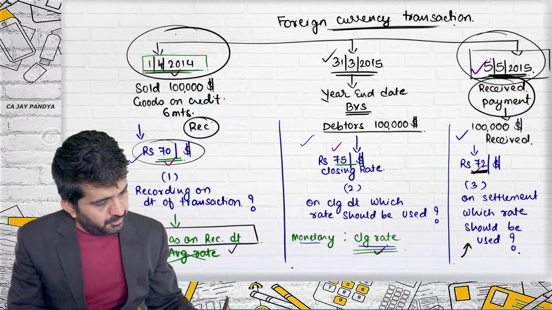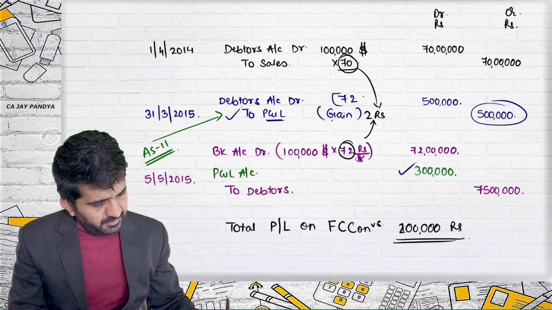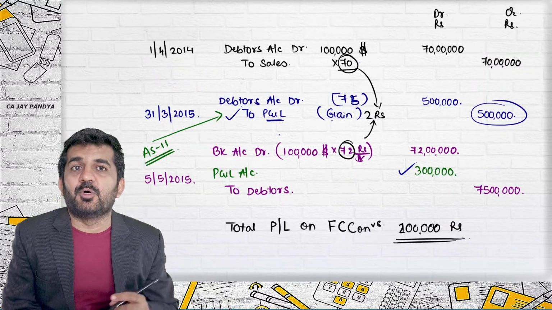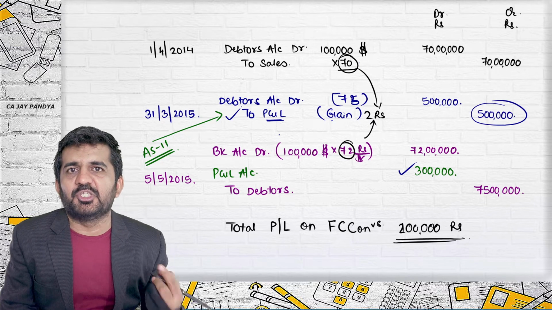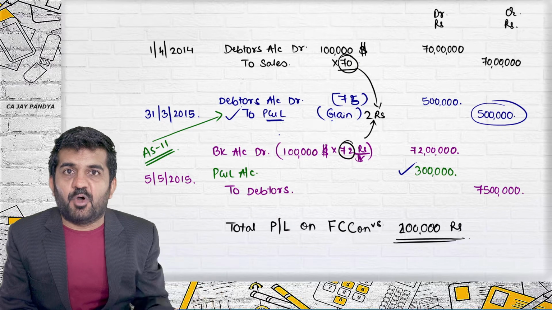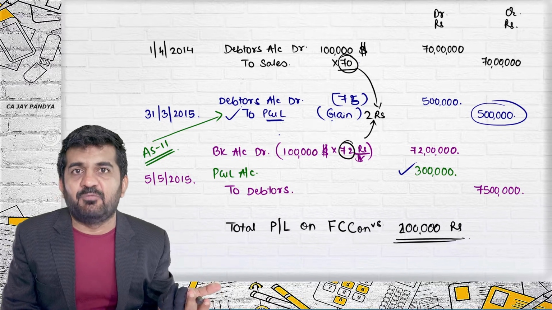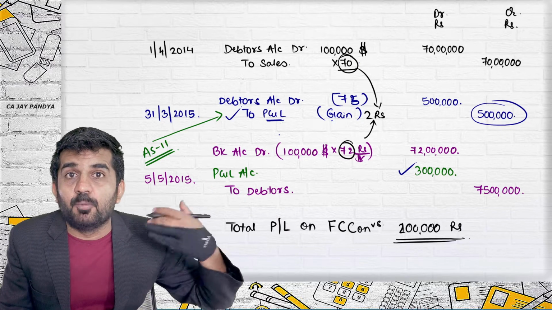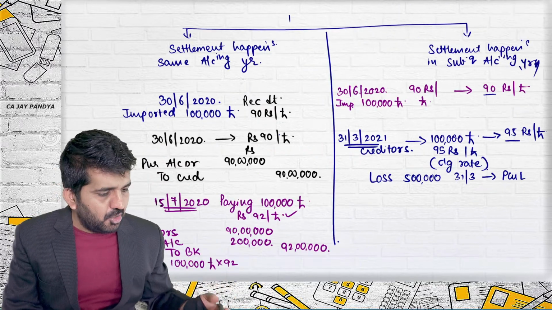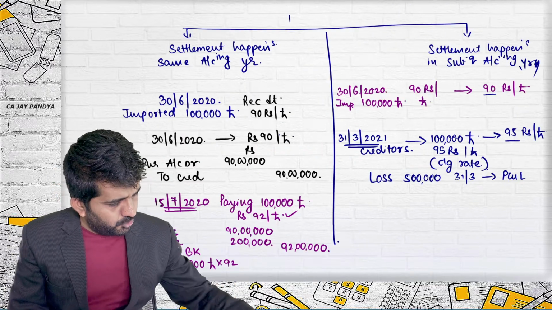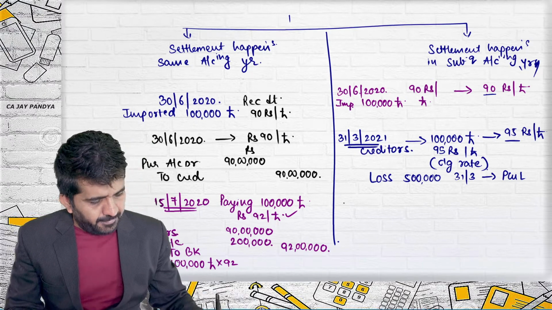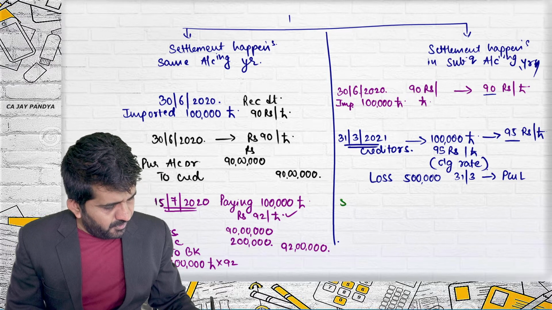Sorry, 70, sir. At that time we are selling the goods, at 75. At that time it was your debtors, and this time it is your creditors. If you are having a receivable and the foreign currency rate increases, it is beneficial to you. If you need to pay 1 lakh pounds and the pound rate increases, it is a loss making business for you. So you are correct. It is a loss which will be transferred to P&L account. Is it all right?